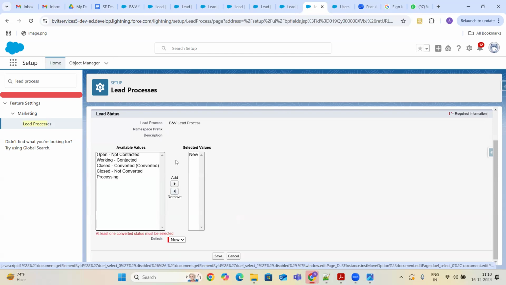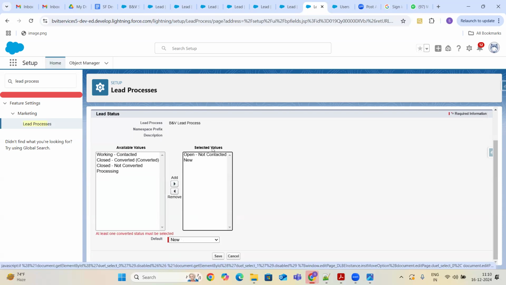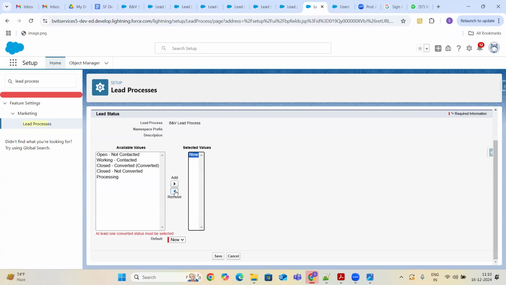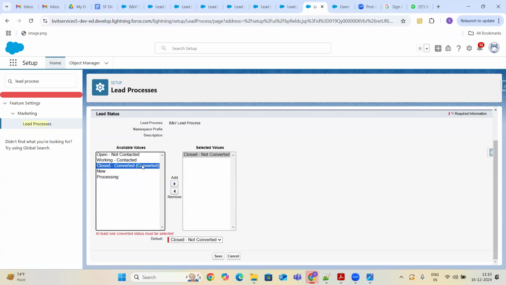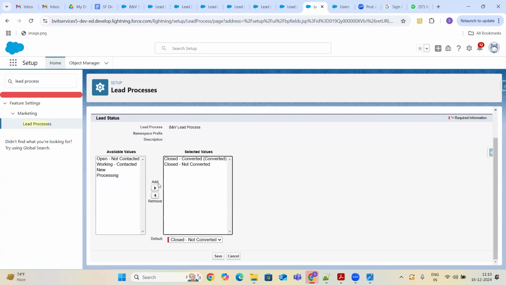Remove. It's closed converted. Remove. It's closed converted. Closed not converted.